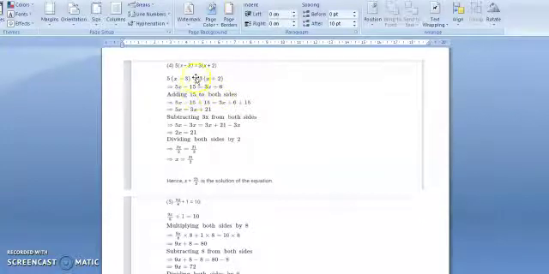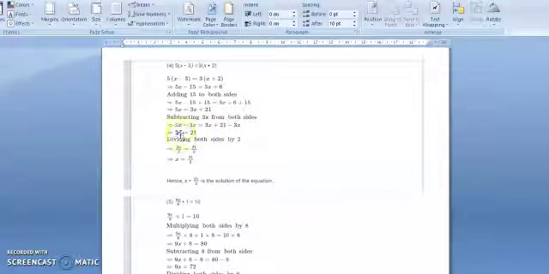Now add 15 to both sides to eliminate this 15. So 5x minus 15 plus 15 equals 3x plus 6 plus 15. Minus 15 plus 15 will get cancelled. You will get 5x equals 3x plus 6 plus 15, which is 21. 3x plus 21. Now to eliminate this 3x, subtract 3x from both sides. 5x minus 3x equals 3x plus 21 minus 3x. So 5x minus 3x is 2x equals, 3x will get cancelled. Only 21 will remain here.